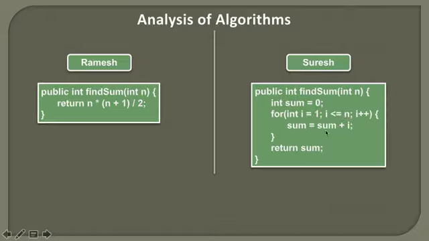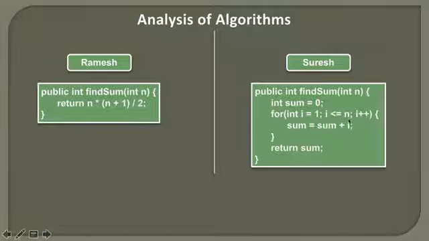Now as the value of sum is 3, we do 3 plus 3, we get 6. We assign 6 to sum. Then we simply increment i by 1. So i becomes 4. 4 is less than or equal to 5. The sum value is 6. We add 4 to it. So 6 plus 4 gives 10. And 10 is assigned back to sum. And then we again increment i by 1. So i becomes 5. We check whether 5 is less than or equal to 5. It is. The sum value is 10. We add 5 and get 15. We assign 15 to sum. And then we increment i by 1.